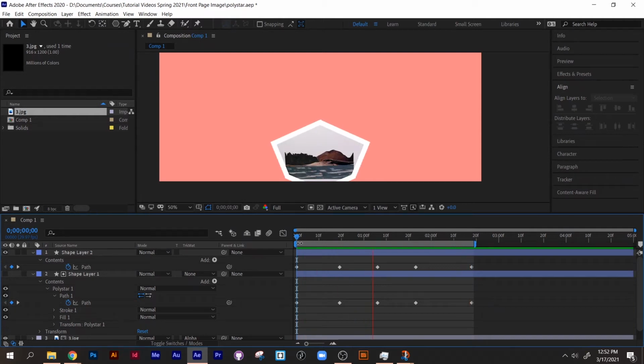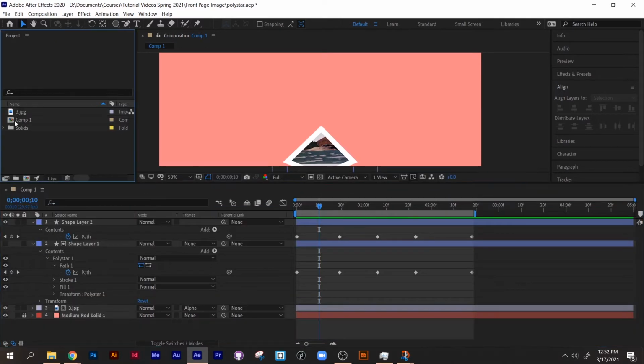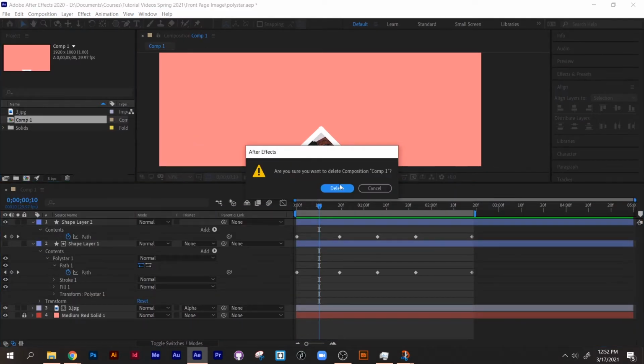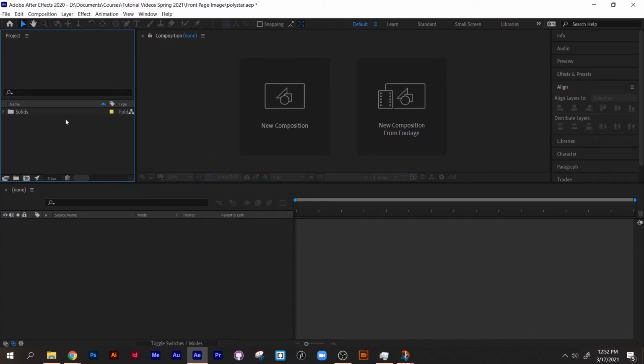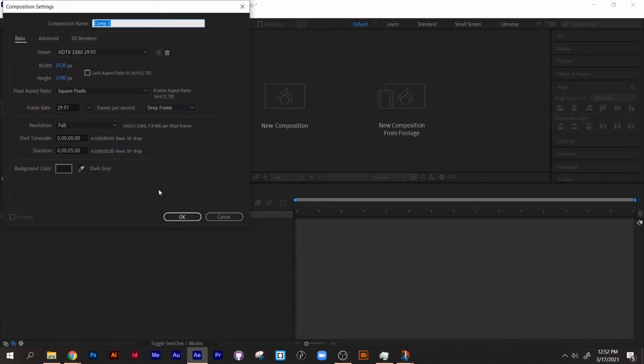To do that one sort of graphic that you wanted to try out, there's a couple of things you have to do. You have to animate the actual path of your object and use a track matte, which is basically the same thing as a mask in Photoshop. So to start out fresh, I'm just going to delete both of these, and I'll make a new composition,